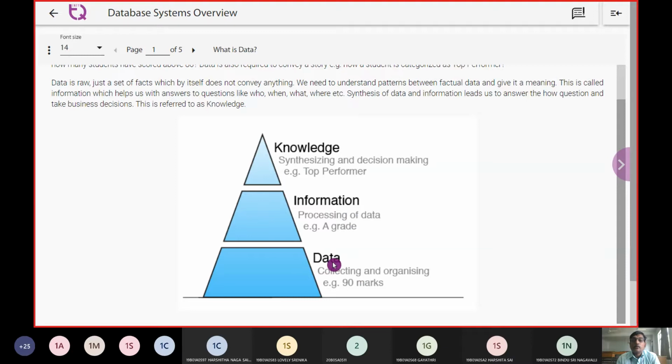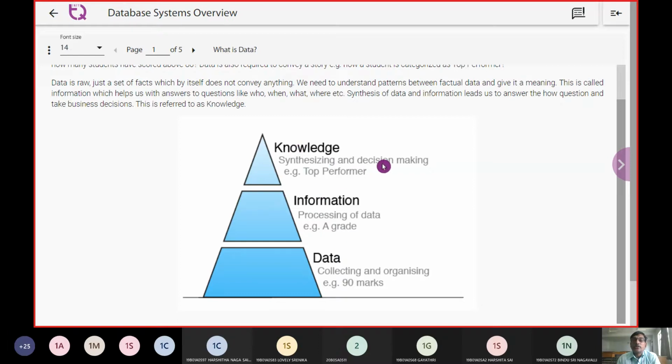So altogether, the basic definition for a data we are going to call it is a collecting and organizing of the content, and once data was taken up, it is next moving up to an information, and basically it gives up the knowledge to the end user. So you get 90 marks, it is graded into A grade, and people think you are top performer.